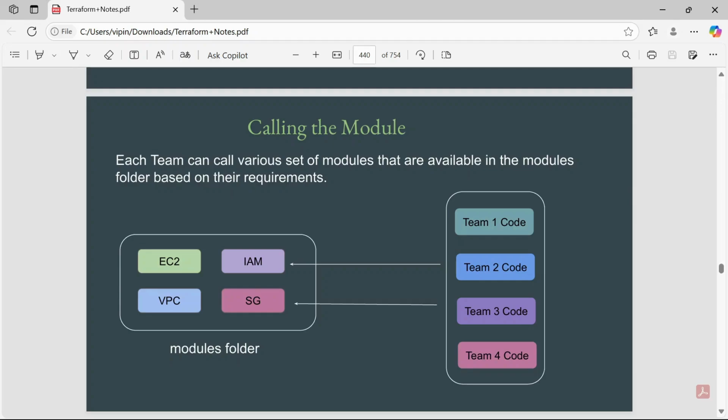Team 1 needs to create EC2, so they can call the EC2 module and provision the EC2 instance. In a similar way, team 2 can provision VPC and team 3 can provision a security group. According to the requirement they can call the module and provision the resource, and they can call multiple modules as per their requirement.